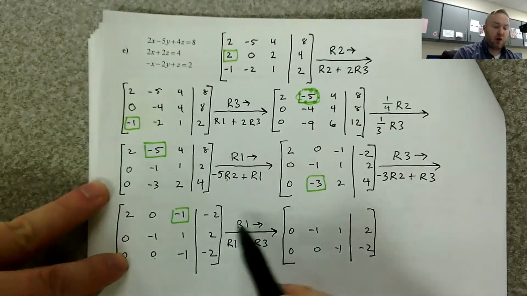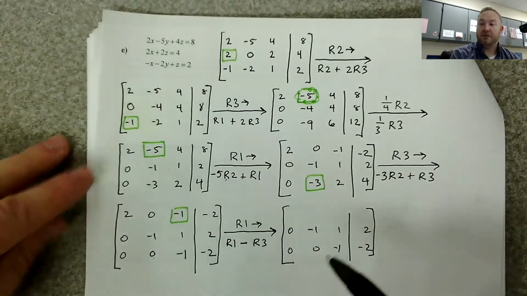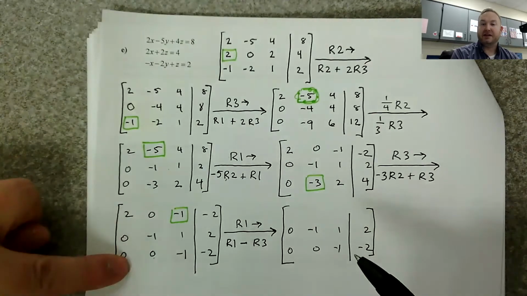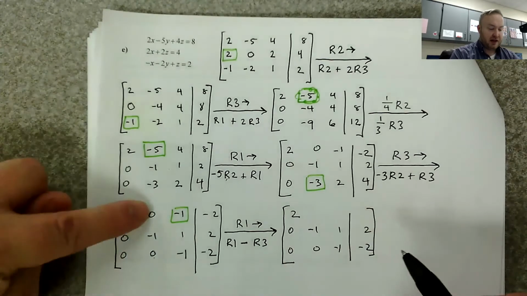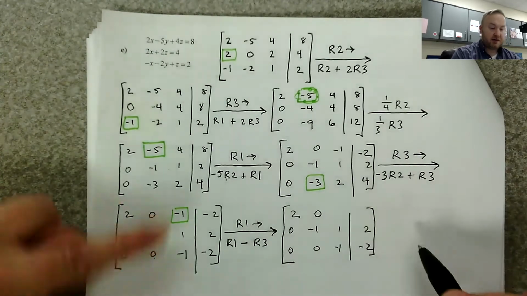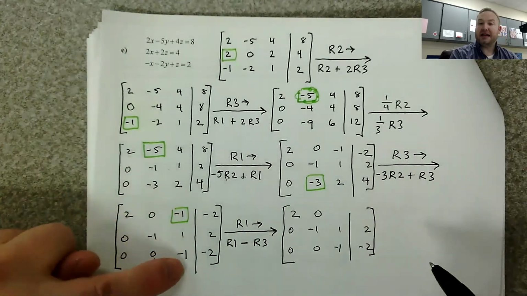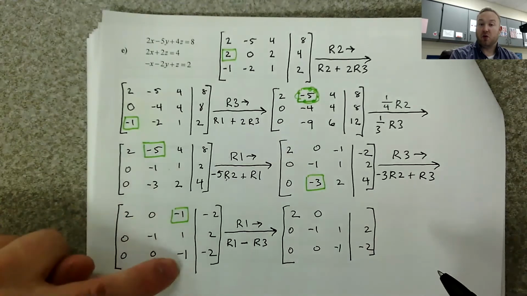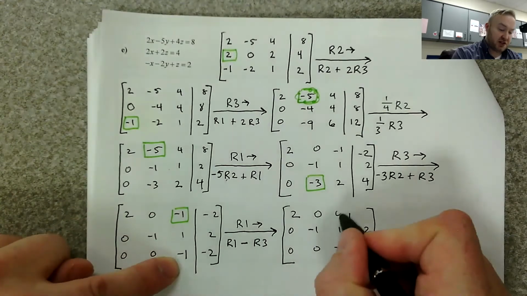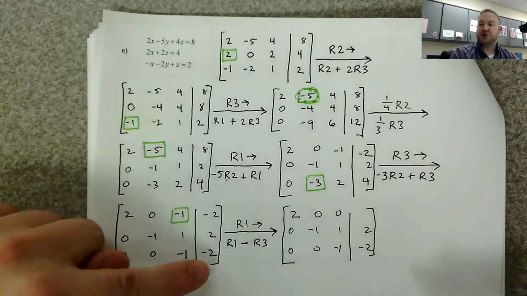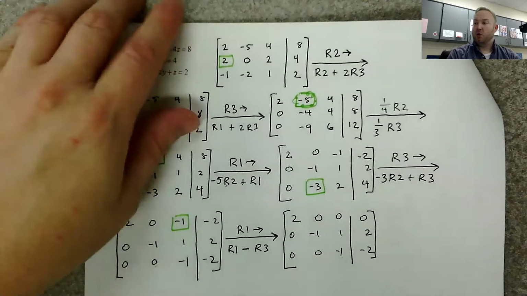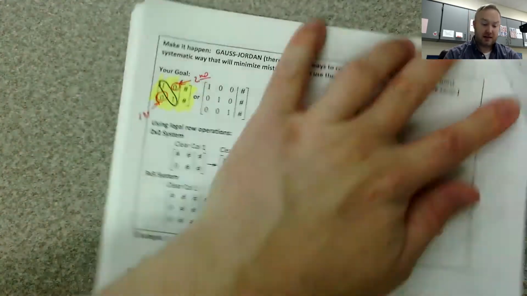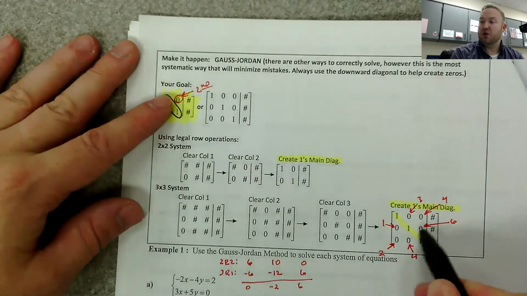Okay, let's do our row operation to come up with our new row 1. Remember, I'm doing the first row minus the third row. So 2 minus 0 is 2. 0 minus 0 is 0. -1 minus -1 is -1 plus 1, which is 0. -2 minus -2 would also be 0. Okay, good. We've got one more 0 to get, and it is this 0 in the middle of this third